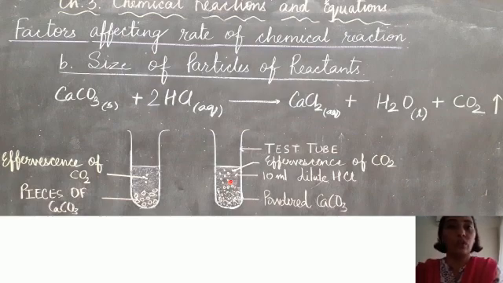So I hope you have understood this. That is, the smaller the size of particles, the greater is the rate of reaction. Most of the chemicals that we make use of in the laboratory are in the form of fine powder, so that the rate of reaction can be increased. So we conclude that the smaller the size of the particles, the faster is the rate of chemical reaction. This is as simple as what you can do at home by taking granules of sugar and trying to dissolve them in water.